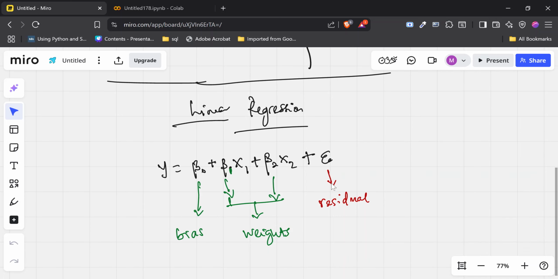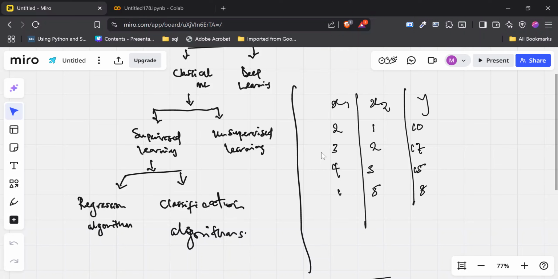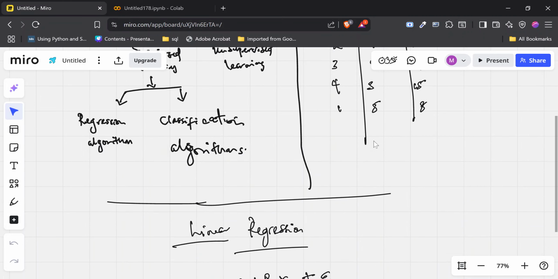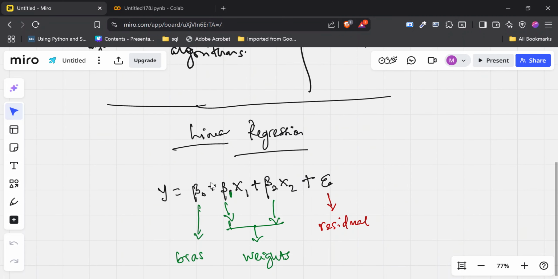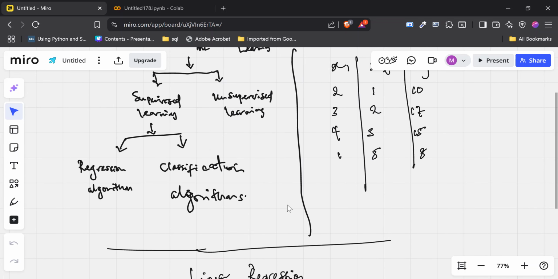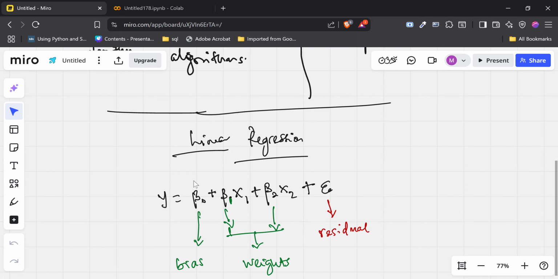So what that means is that for us to actually learn the things that lead to us predicting y, so that if we have a new record here, a new piece of information, we can always just take our algorithm that we've put together to predict it. For us to be able to learn that, what we need to do is just solve this particular equation, because look at it, we already have x1, x2, and we already have y.